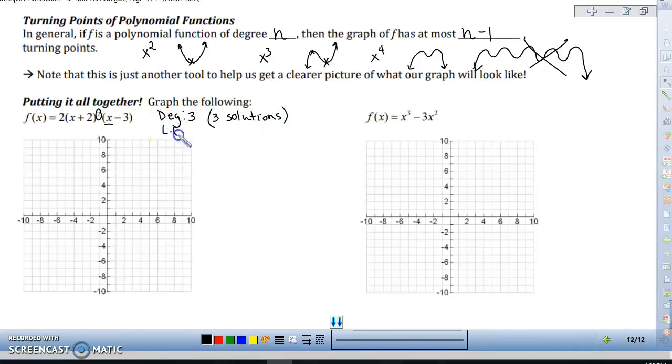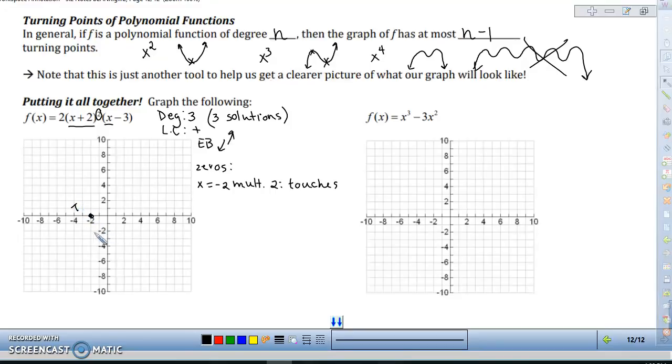The lead coefficient is positive, which means my end behavior is going to be falling to the left, rising to the right. Next thing that's probably the easiest for us to get started on are the zeros, since this is already in factored form. So this first factor is going to give me a 0 at negative 2. But because of the power on that factor, it has a multiplicity of 2, which means that it touches at that point. So I'm going to go ahead and plot that first point at negative 2,